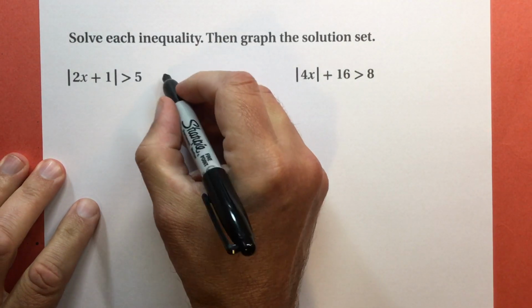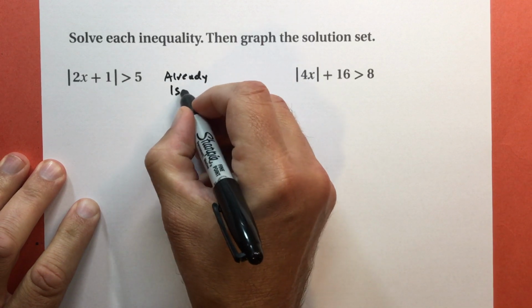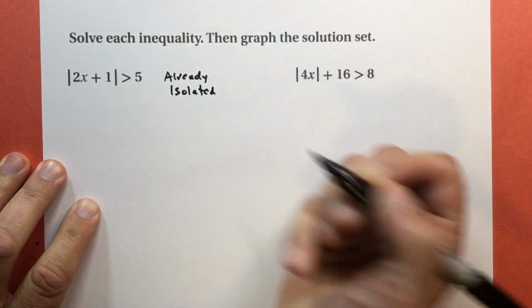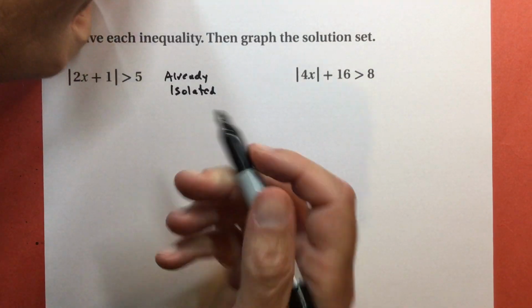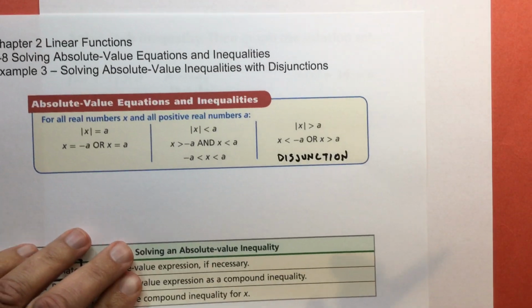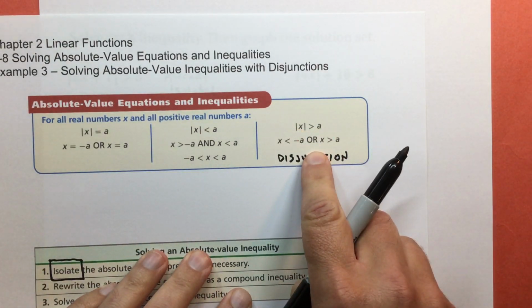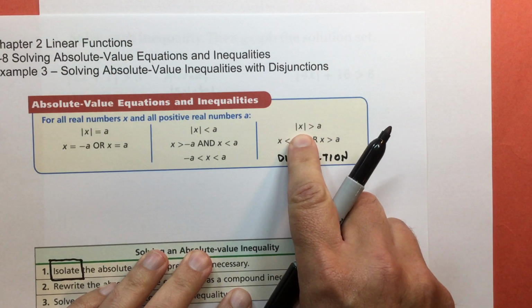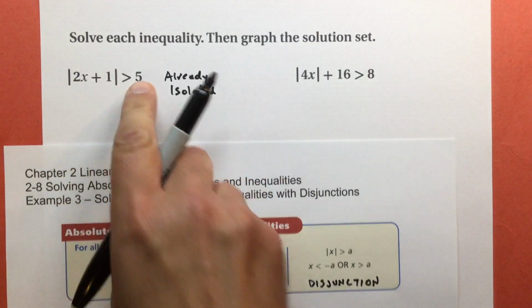This one's already isolated. So I'm good. I can split it. And I'm going to go back to this. Now check out what happens, right? This is the pattern I'm going to use. If I have the absolute value of something and it's greater than a number, so I have the absolute value of something greater than a number,